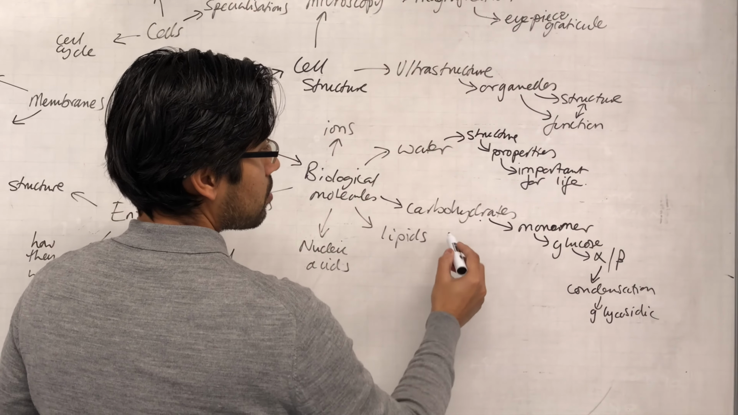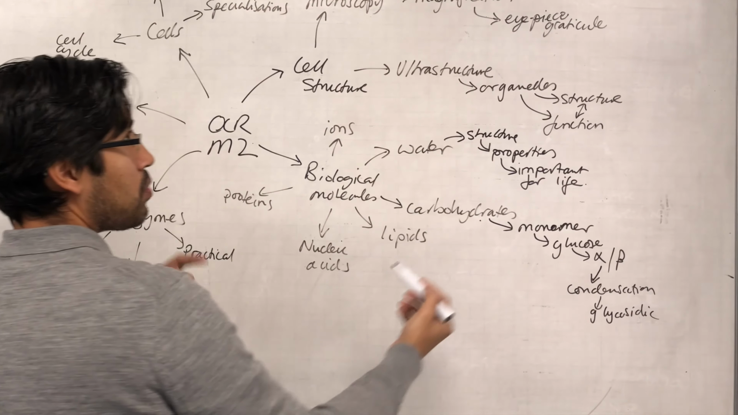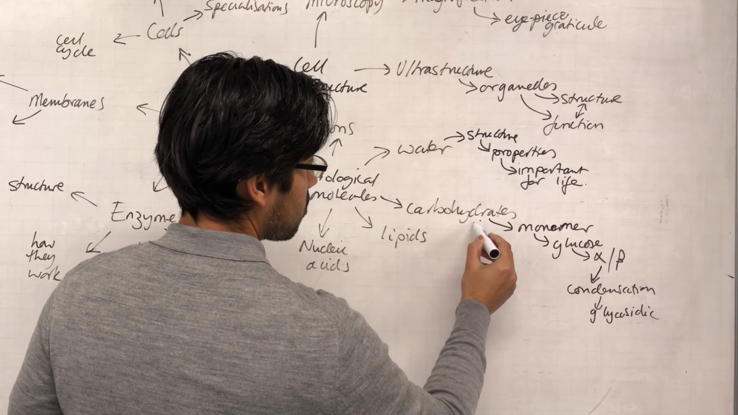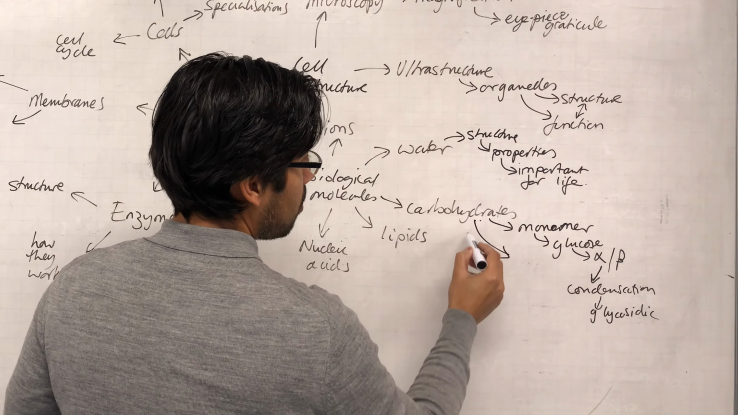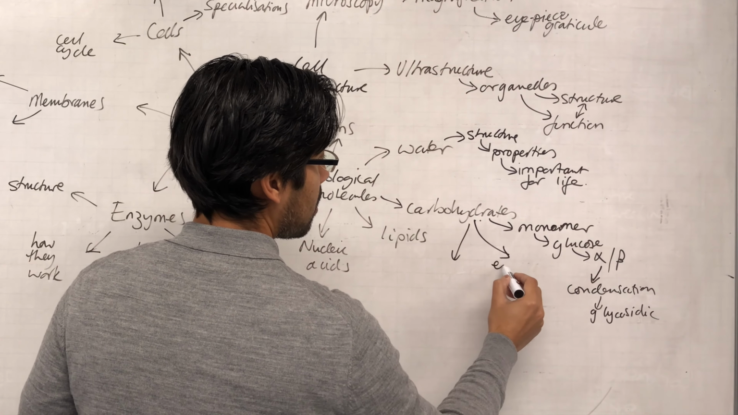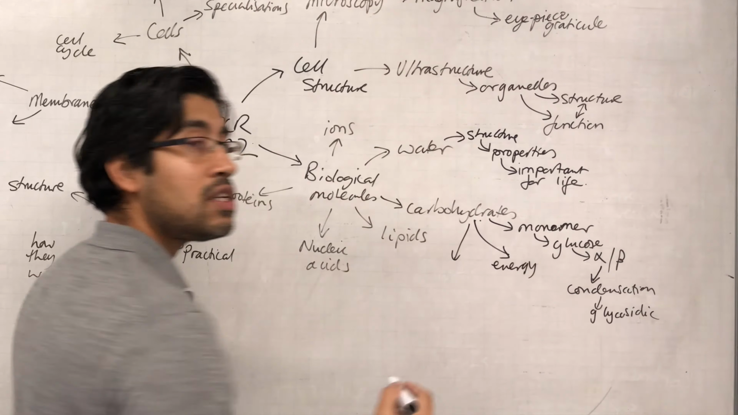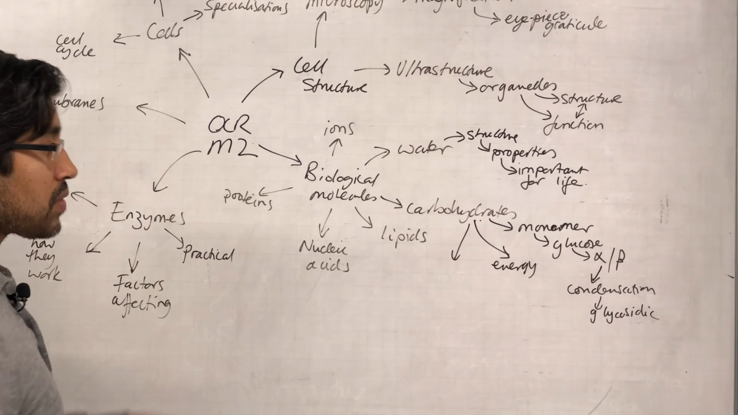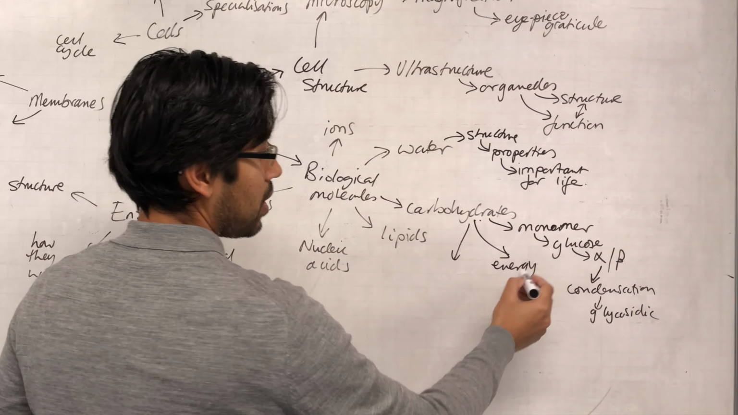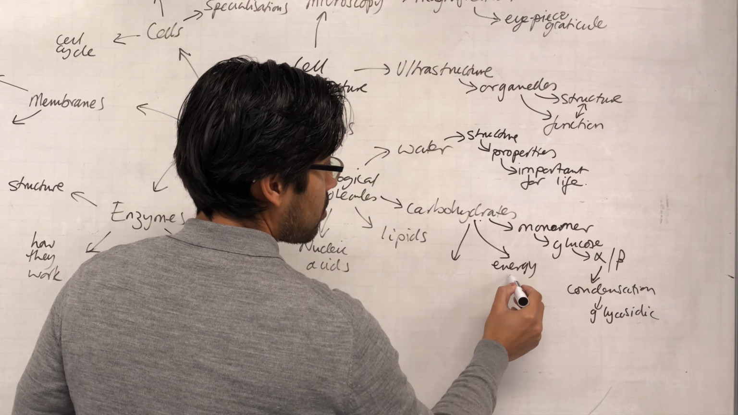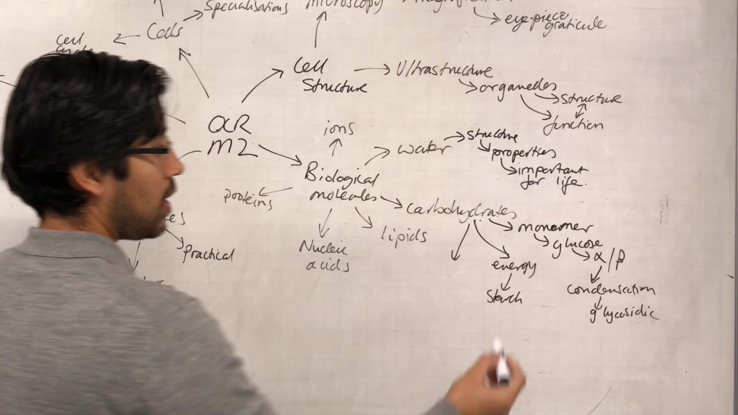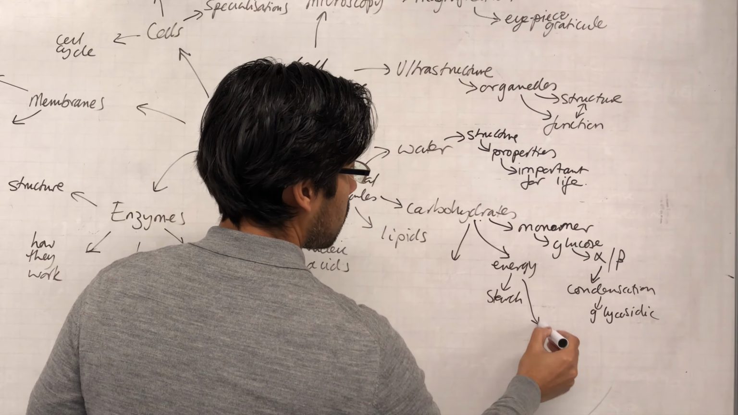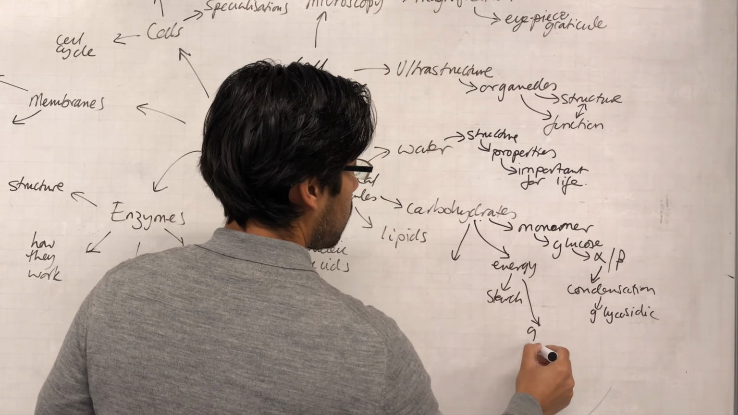All right, so how shall we do this? Yeah, let's do the examples first. So with carbohydrates, actually there's two types that we look at. The first type is the energy storage carbohydrates. So which ones are they? We have starch in plants, and we have glycogen